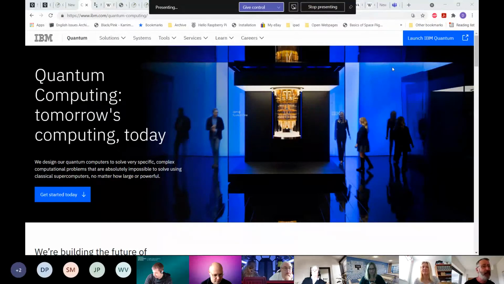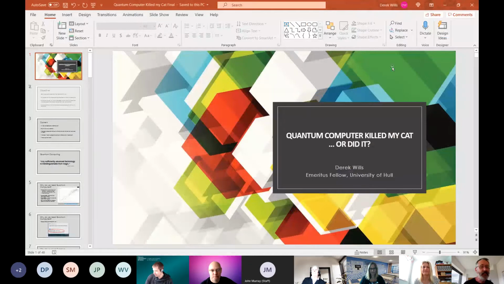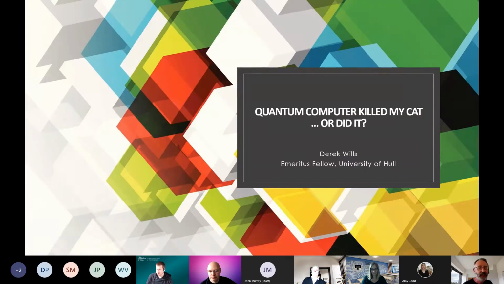Right, let's see if this works. You should now see an IBM webpage. Yep. And now we'll go to slides. Yep. And you should see the full slides. Yep. Great. Okay, so